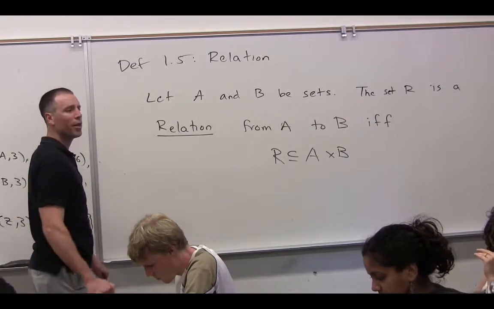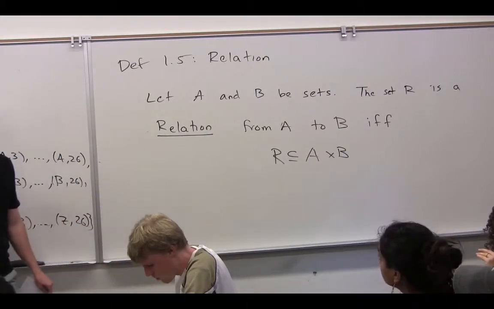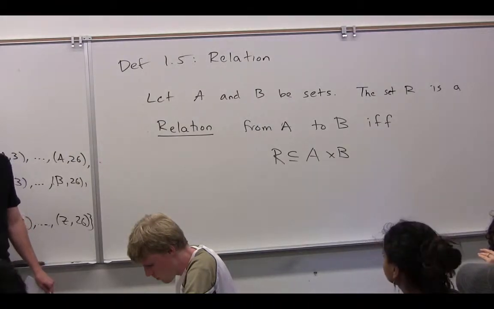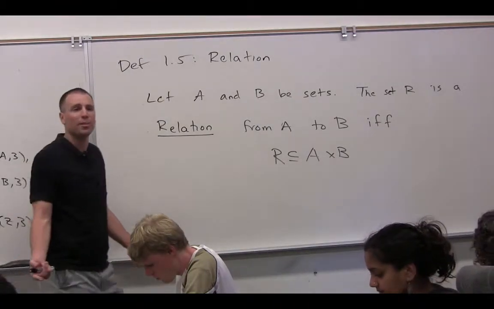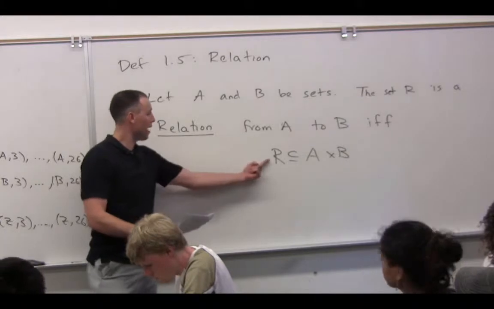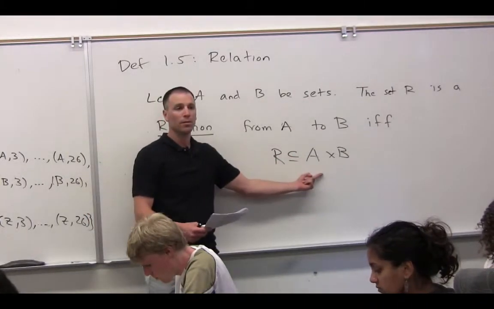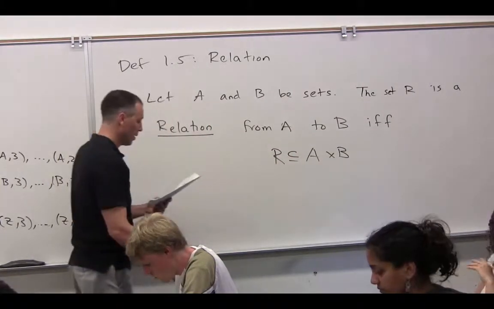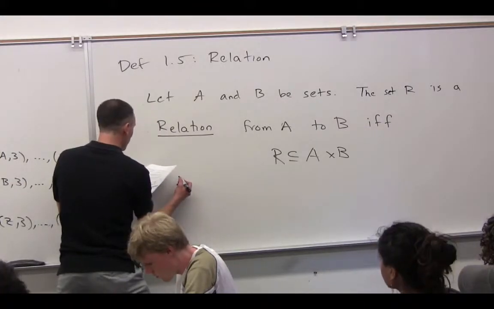What's the one condition on a relation? It just has to be a subset of the cross product. What does it mean to be a subset? Every element of this is an element of that. That's it, right? So a relation,